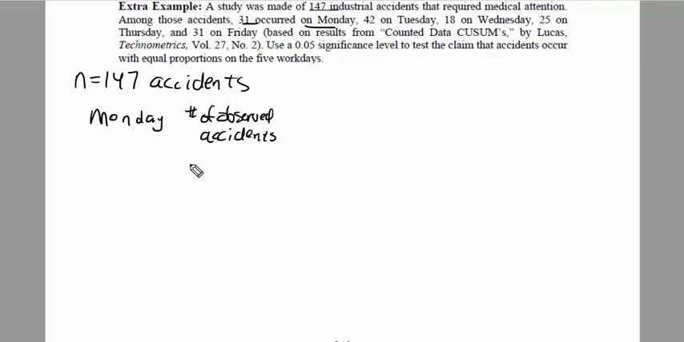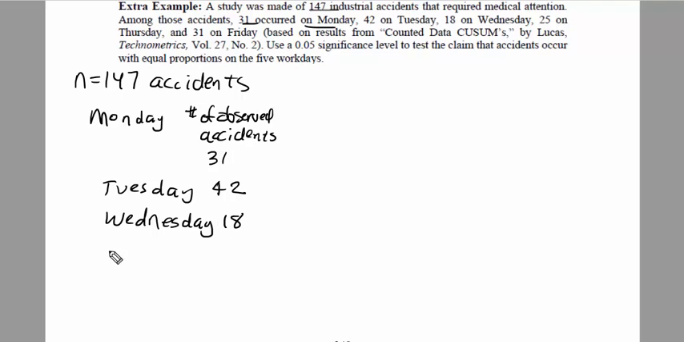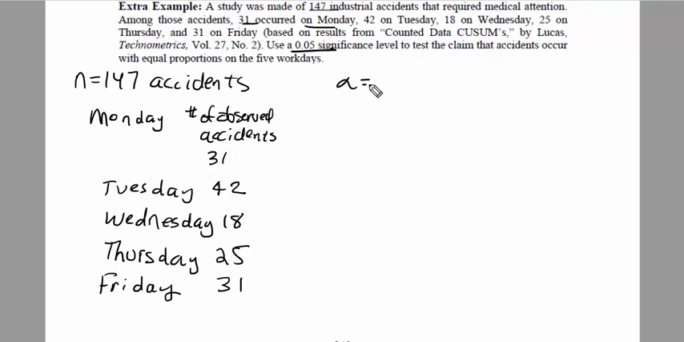So 31. And then Tuesday was 42. Wednesday was 18. Thursday was 25. And Friday was 31. Then use a 0.05 significance level to test the claim that accidents occur with equal proportions on the